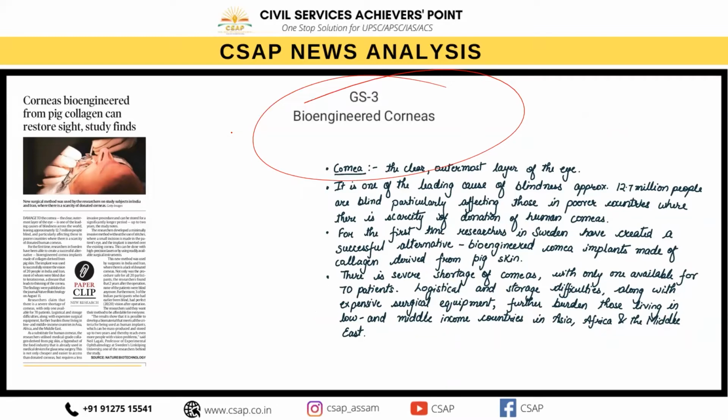The transparent layer forming the front of the eye. तो उसको हम लोग क्या बोलते हैं? Cornea बोलते हैं. Okay, so now you can see that today it is one of the leading causes of blindness. Approximately 12.7 million people are blind, particularly affecting those in the poorer countries. तो आज अगर मैं इंडिया के बारे में सोचूं, today India has got some around 1.1 million corneally blind, and